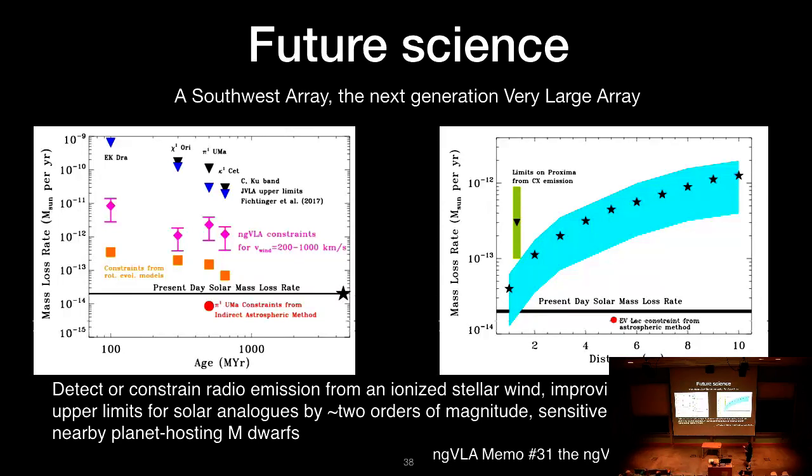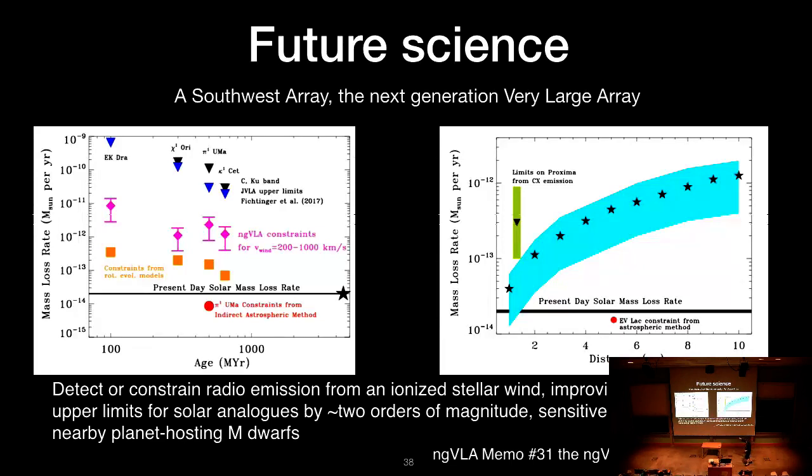There's a couple of important applications here. One is by looking at solar analogs and trying to understand what the sun's mass loss history may have been by looking at solar analogs of different ages. We would be able to make improvements by about 2 orders of magnitude compared to current constraints. We would be able to survey basically all of the M dwarfs within 10 parsecs and put very significant either detections or constraints on their stellar winds. And we've got one upper limit on the wind from Proxima. We'd be able to get below that for the very nearest M dwarfs.